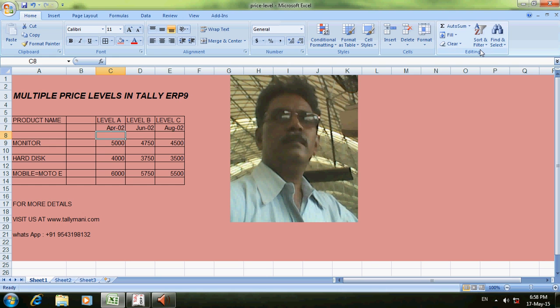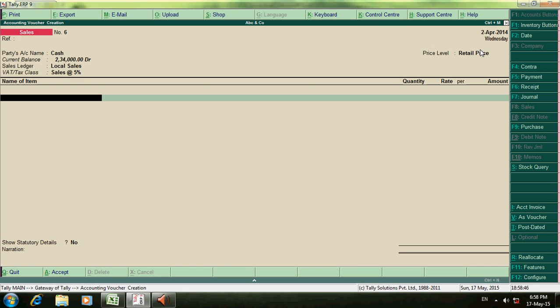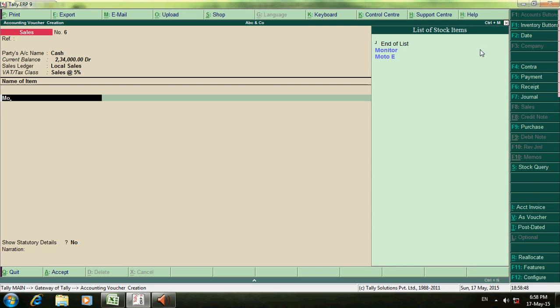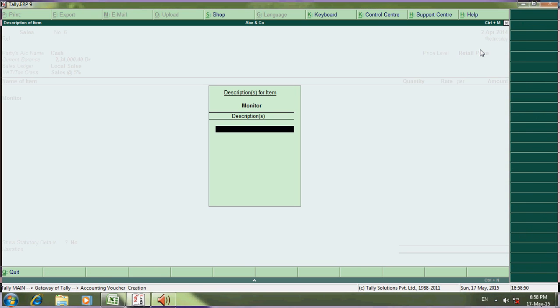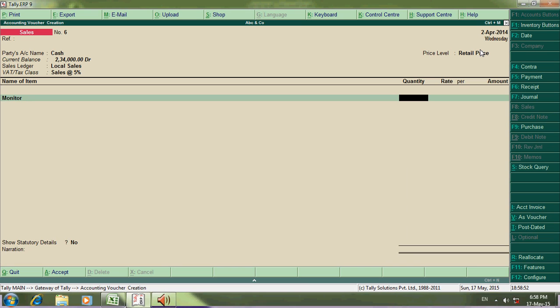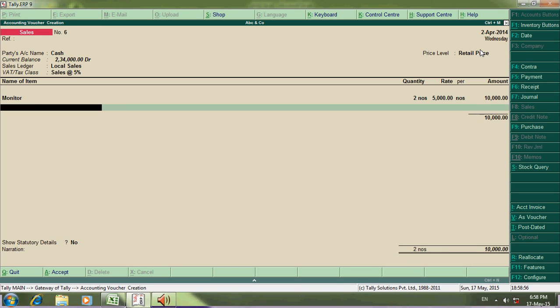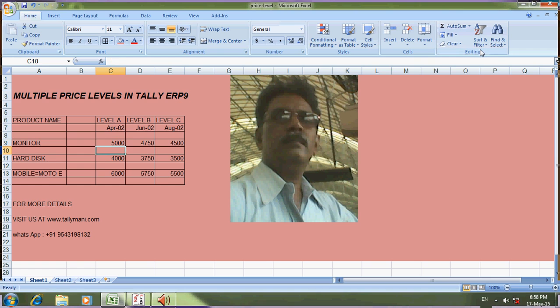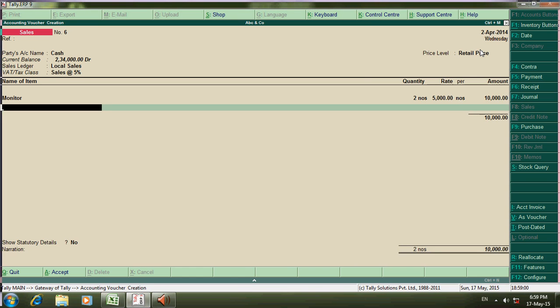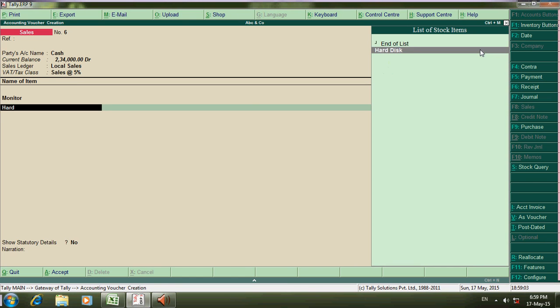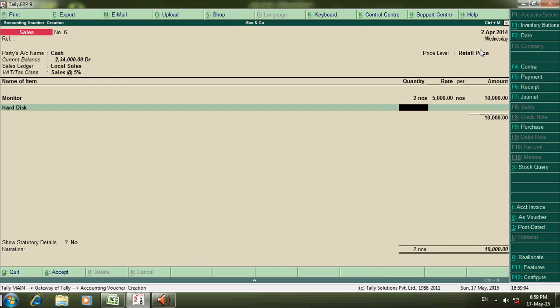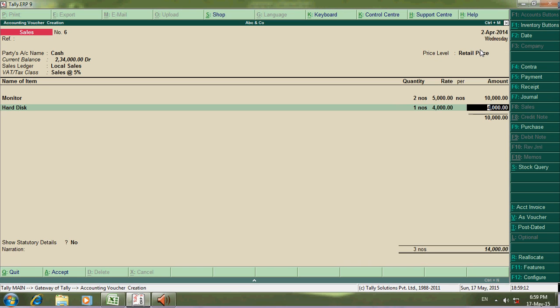Say when I enter monitor, two numbers, the rate should come 5000 automatically. Then when I take this hard disk, one number, I am not going to enter the price, just pressing enter, 4,000.